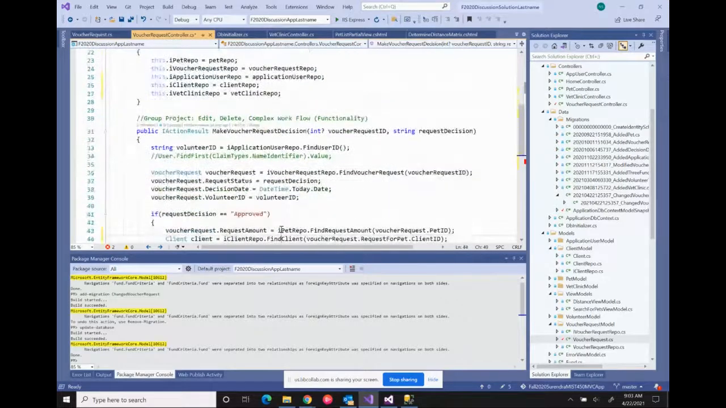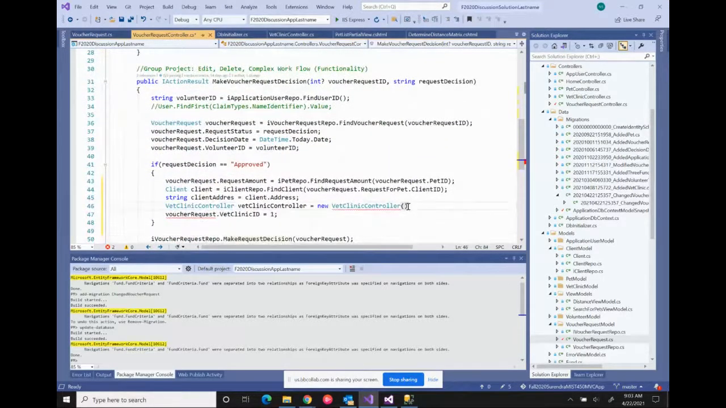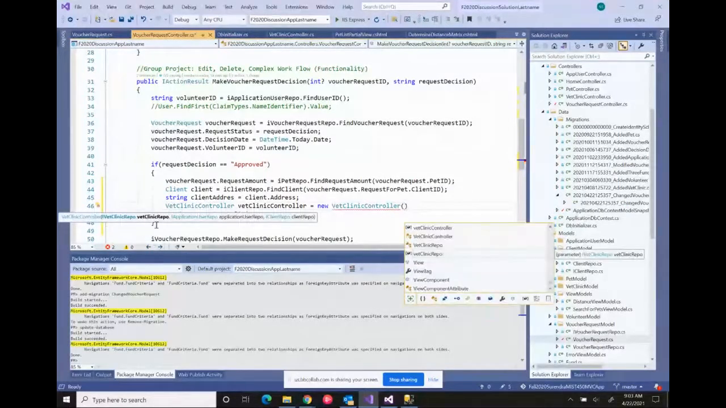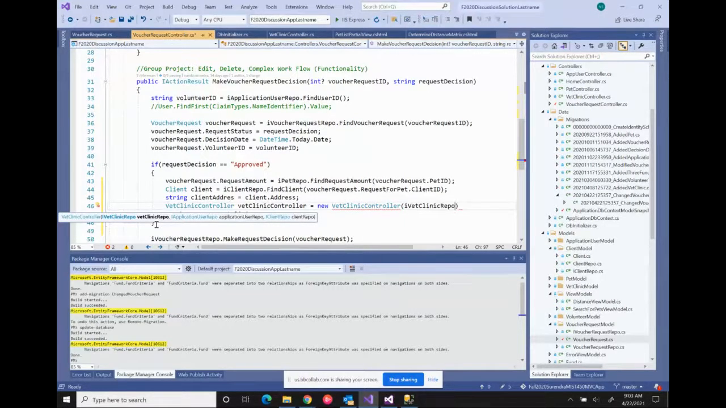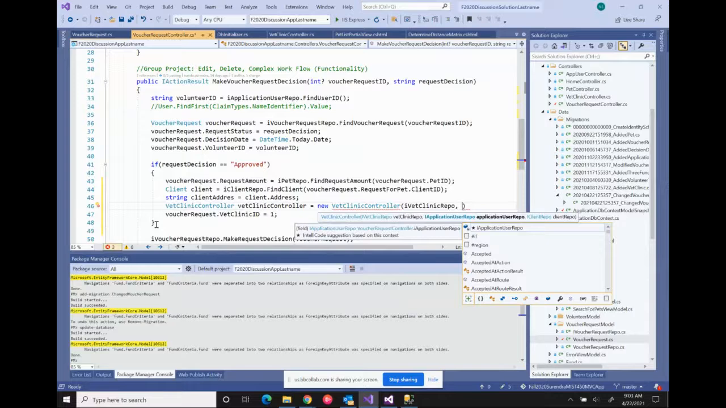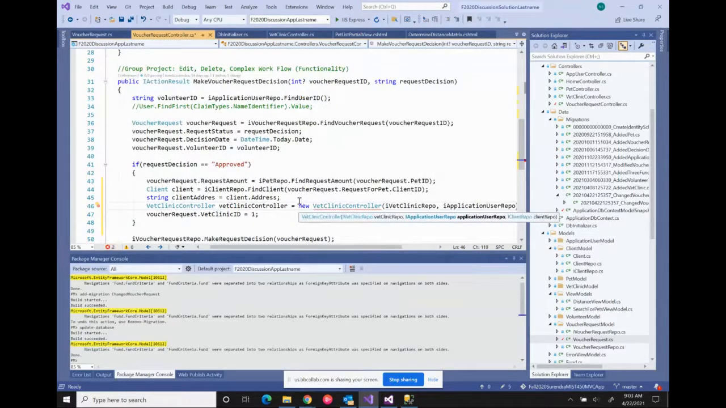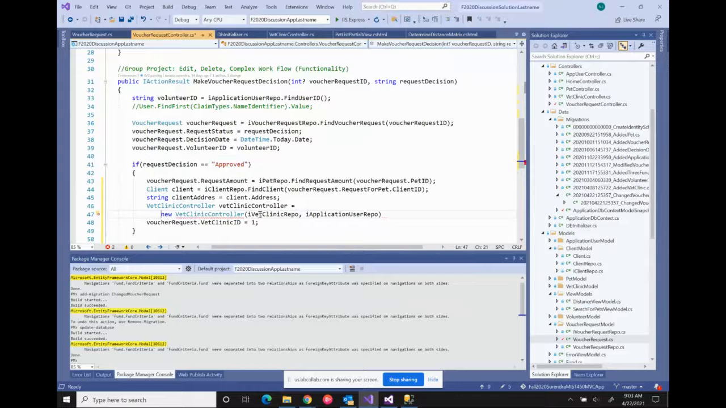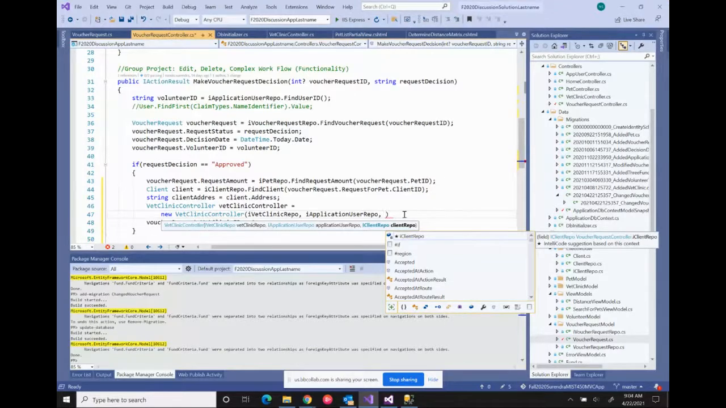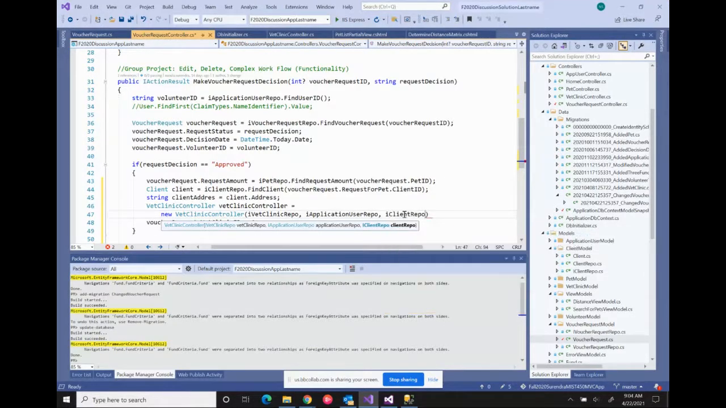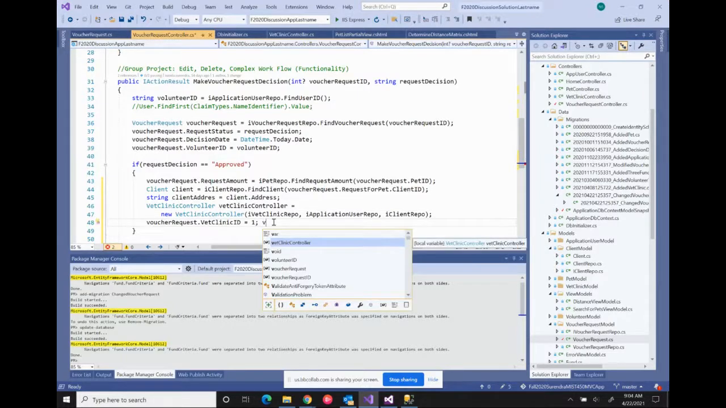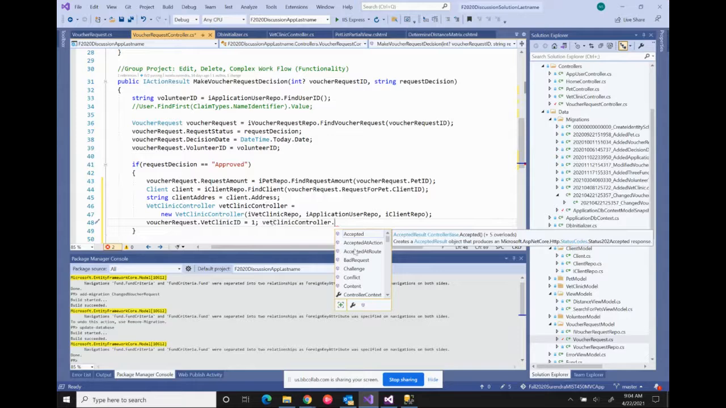Okay, so the reason I brought this in is that it needs 3 parameters. If I don't send those 3 parameters, I cannot call it, it will complain. So for all of these, I need to use the objects that I created of the interfaces: vet clinic, application user, and client repo. Okay. So once I've created this vet clinic object, then I can say vet clinic controller dot, this is the